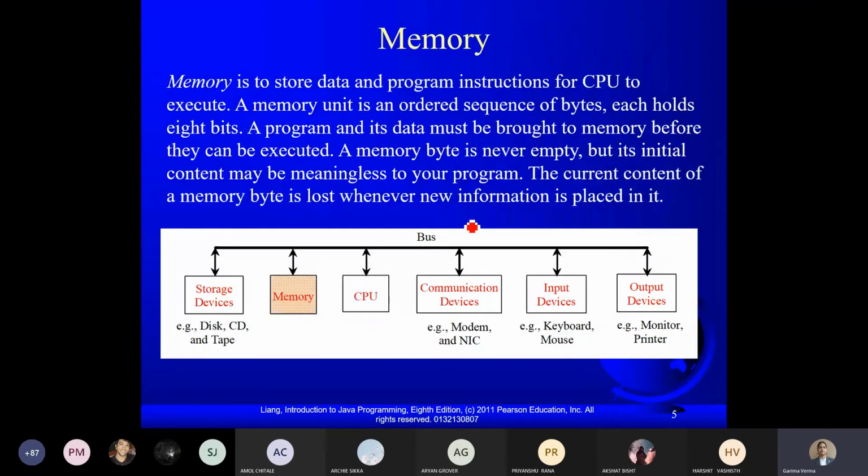Fine. So the next device is memory, and memory is of two types: primary memory and secondary memory. When we talk about primary memory, there are two types: RAM and ROM. RAM is random access memory, and it is a primary memory, where you can read as well as write, but it is volatile in nature. Now what is the meaning of volatile? Whatever you write in this memory will be retained only while your system is on. As soon as you switch off the system, everything is going to be deleted.